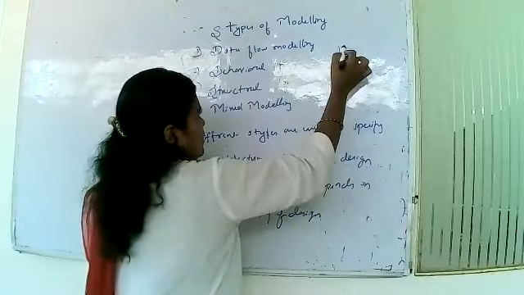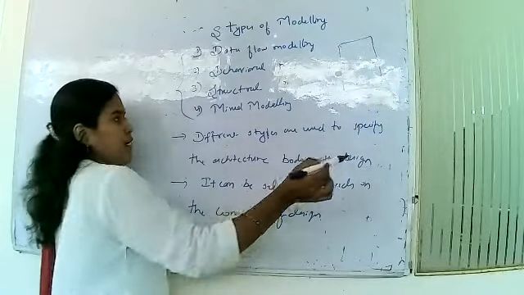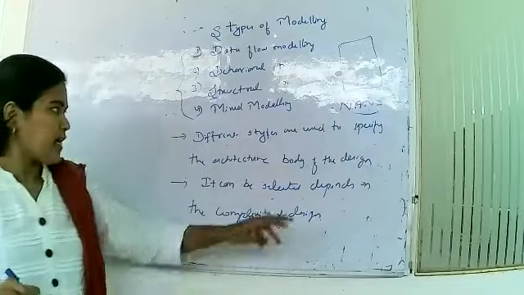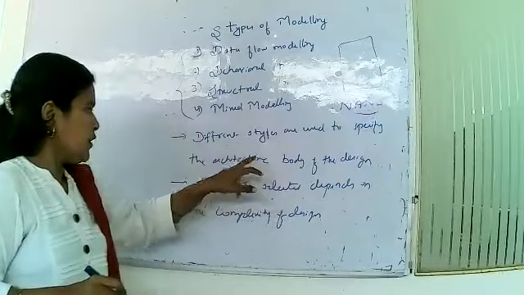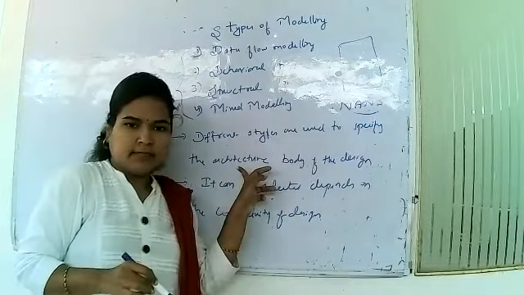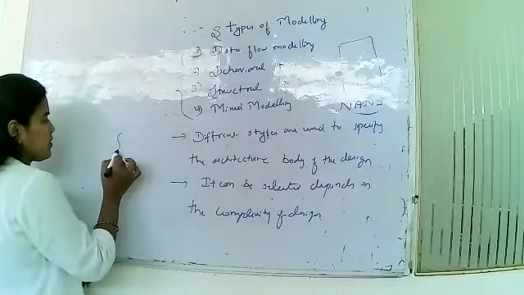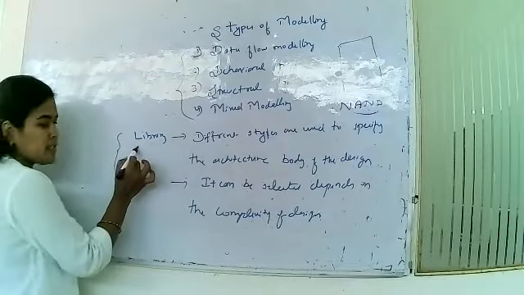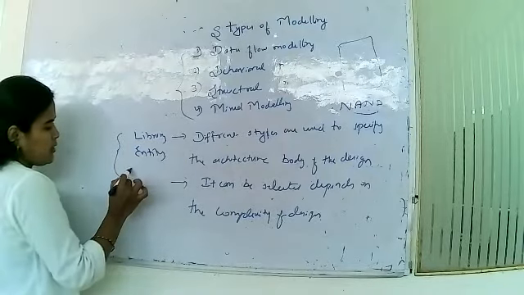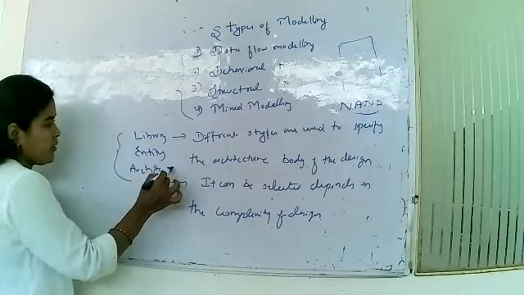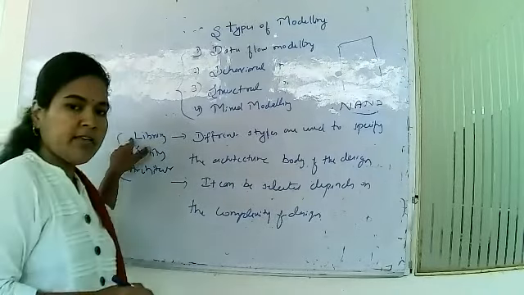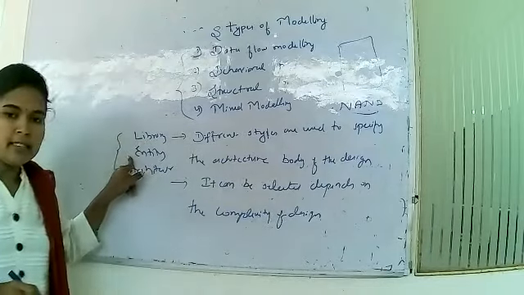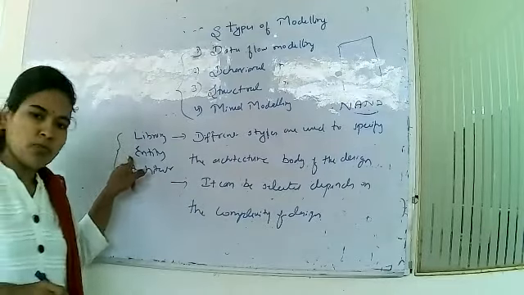For a particular design, in yesterday's lecture, I explained the NAND gate. To design this NAND gate, you need what? An architecture. What are the three sections? First one is library, next is entity, third is architecture. In the library, you will select according to your design, your function, your need. In the entity, you just explain what are the inputs and what are the outputs.